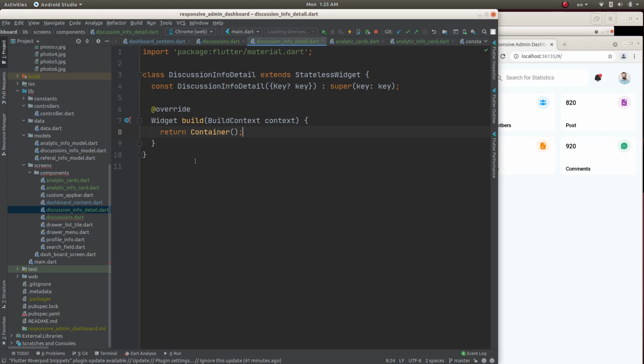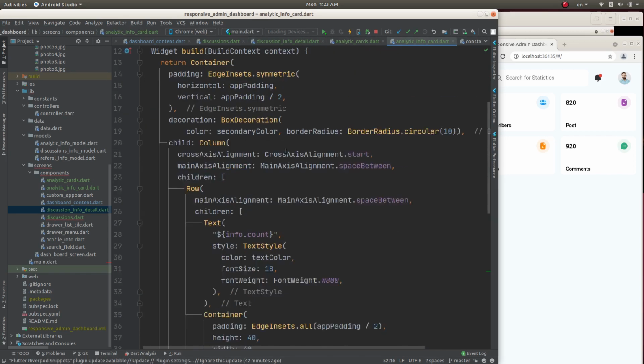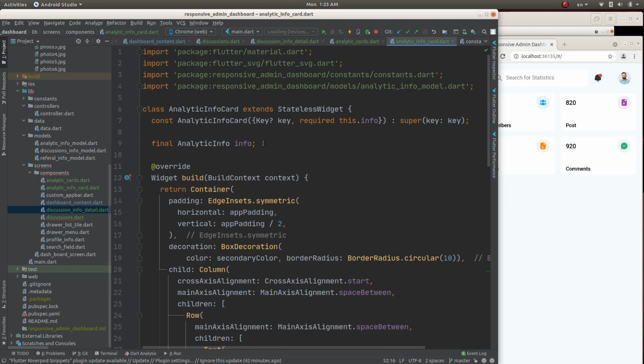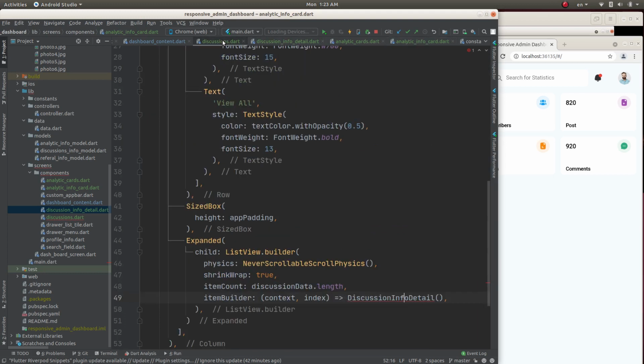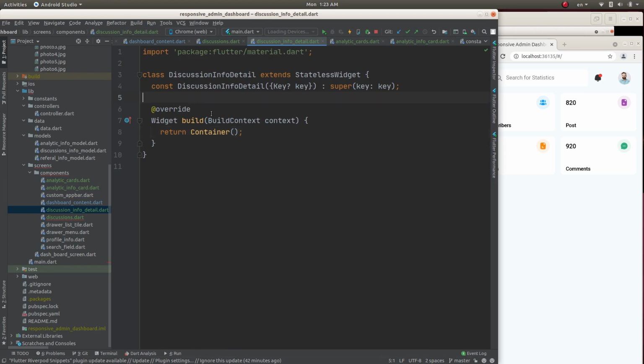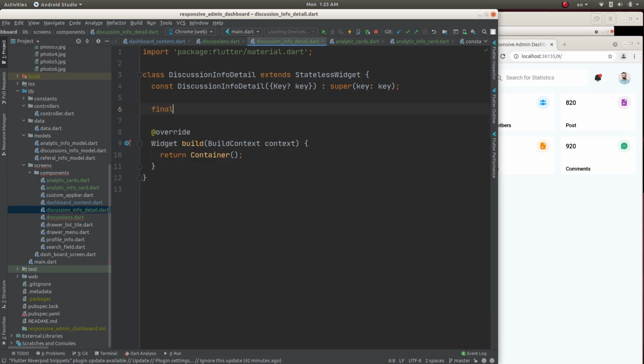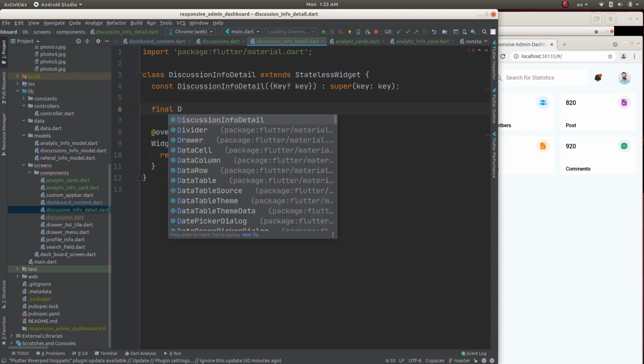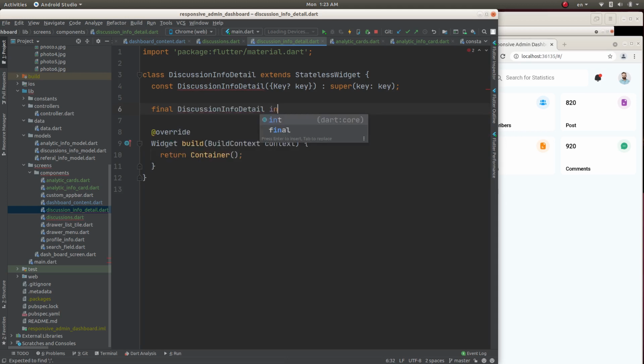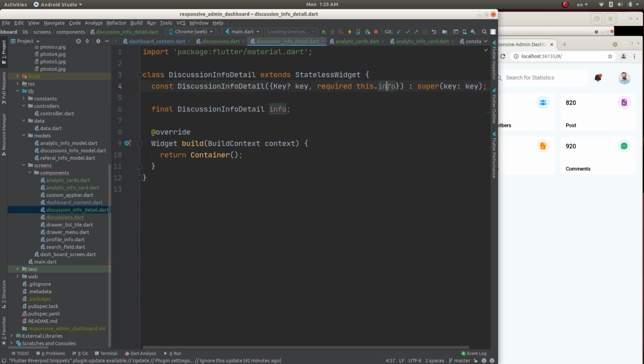Okay, as we do the same info here, we also need a discussion info here. Okay, let's call the final discussion info module class info to get the info files passed from the previous classes. Okay, and let's add it here, and let's make this required,